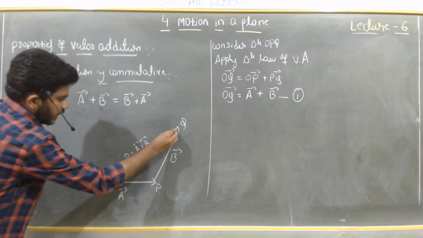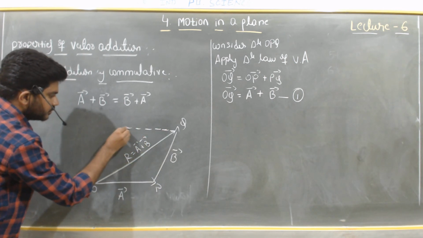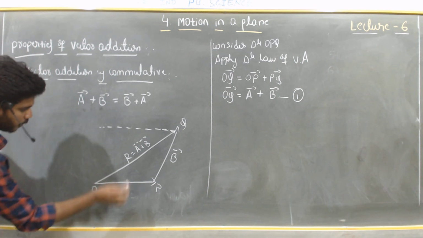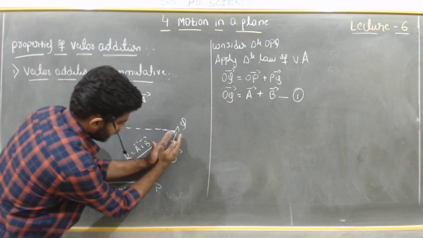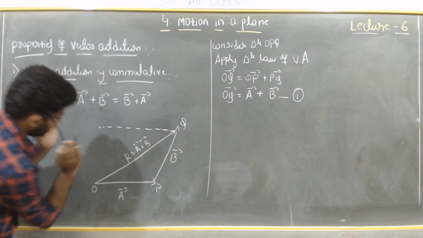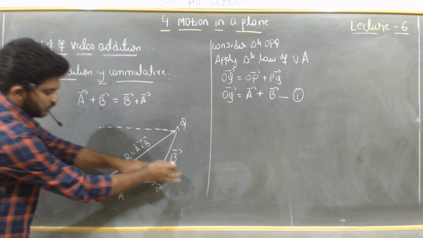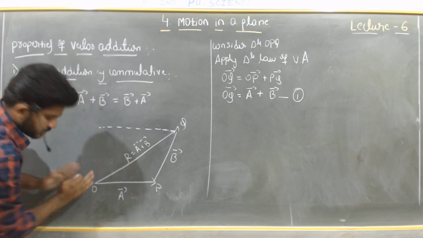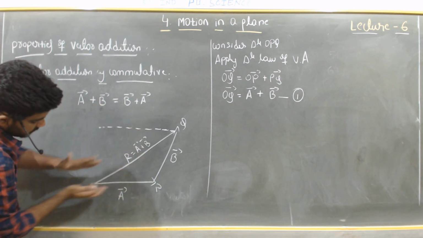See here, I am drawing one parallel line. Right, this is parallel to the OP. Next, here also we have said the same side I am going to take here with the same magnitude. Right. If this is 5, then the same 5 length should be taken. If this is 6 meter, then 6 meter should be taken. It means that should be parallel. So one parallel side to OP is done.